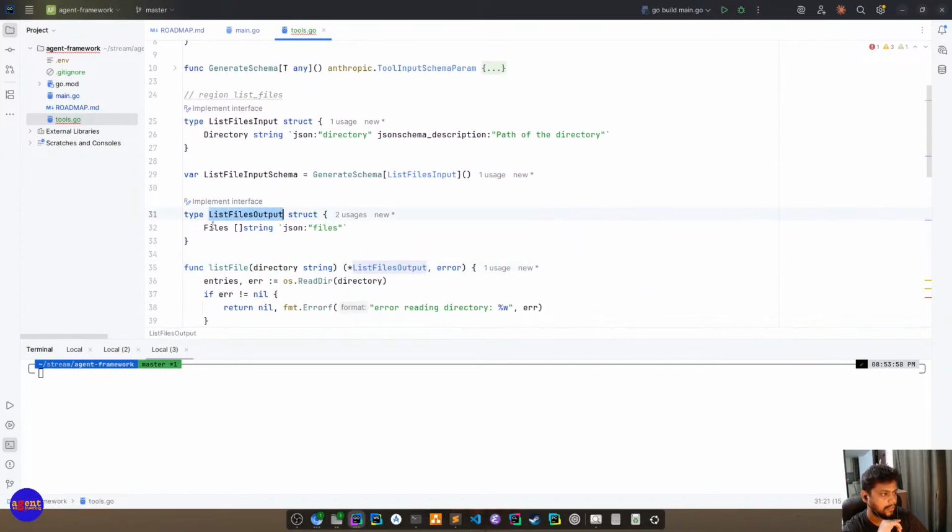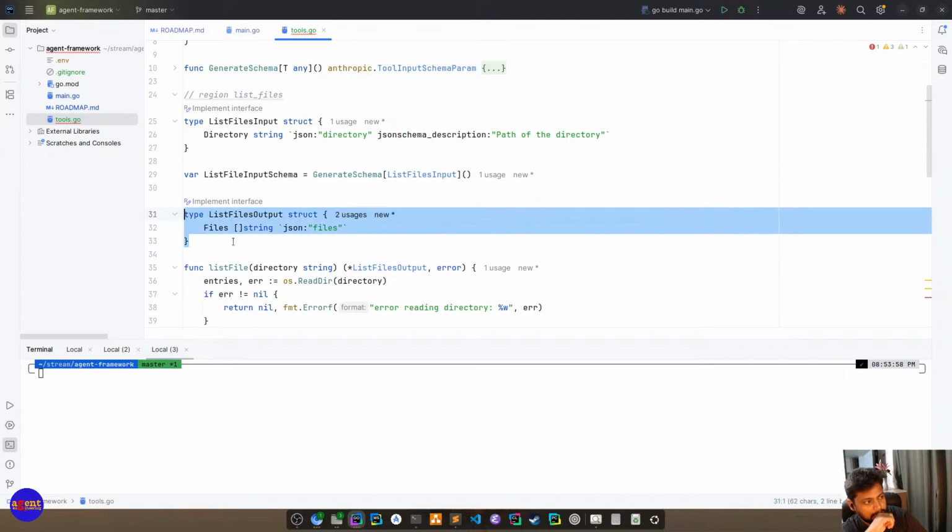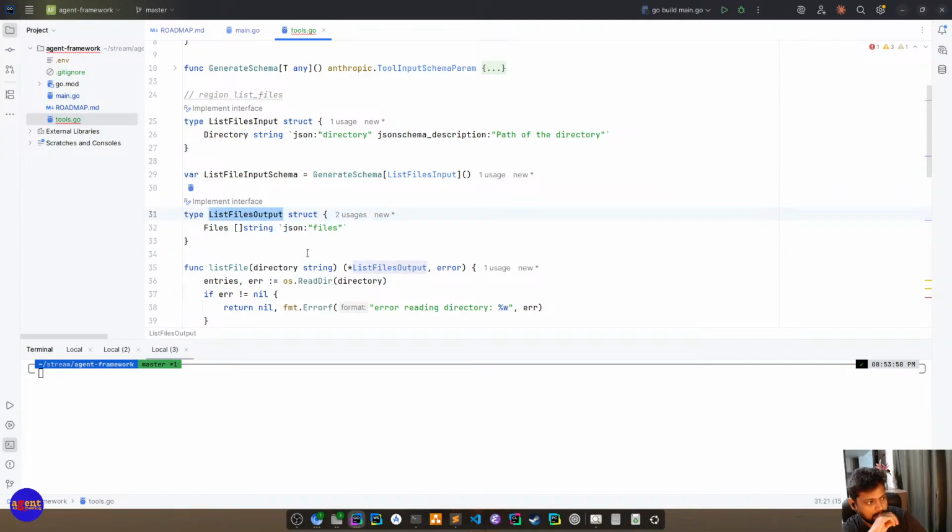And I don't think we need a struct for this output, because LLMs just need strings. They don't need some sort of a JSON or something.